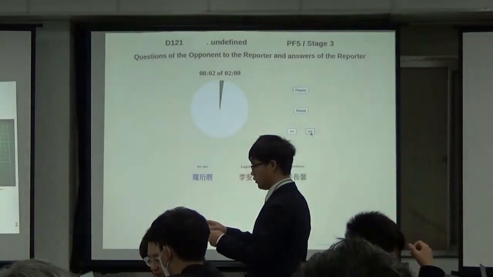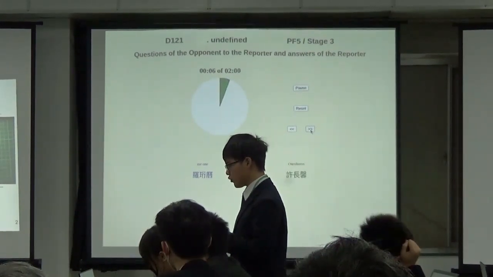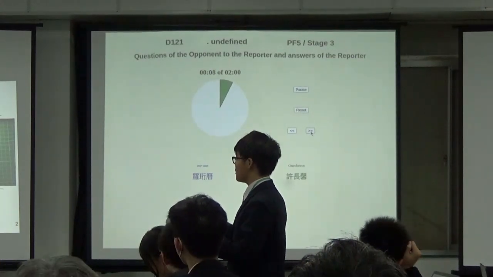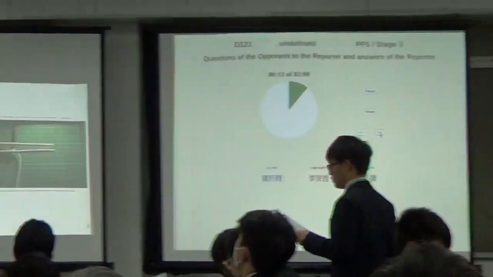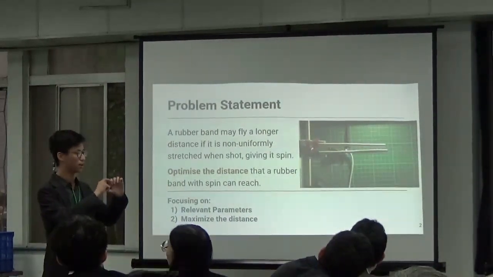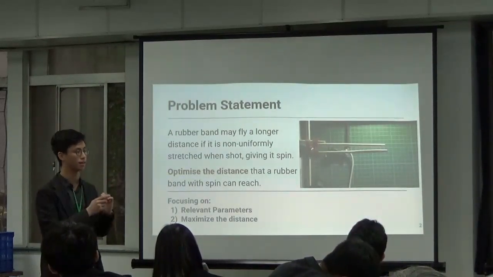So, moving on to questions. How do you measure your data, I mean the distance? In our experimental setting, I stated that we first stabilize the launcher at a certain height and launch it without